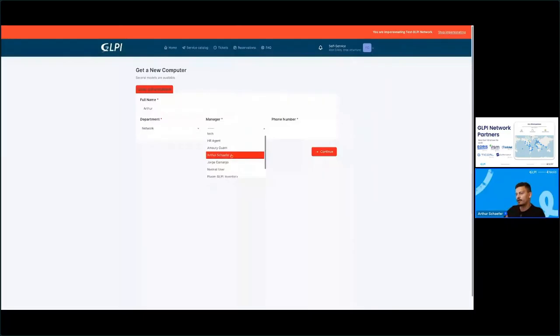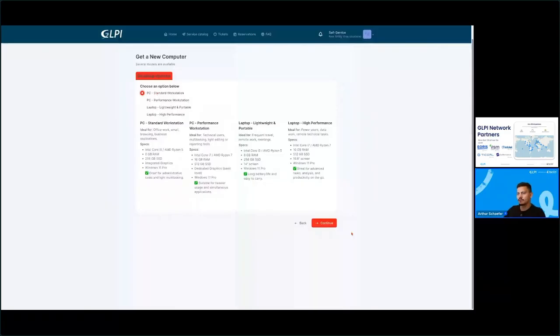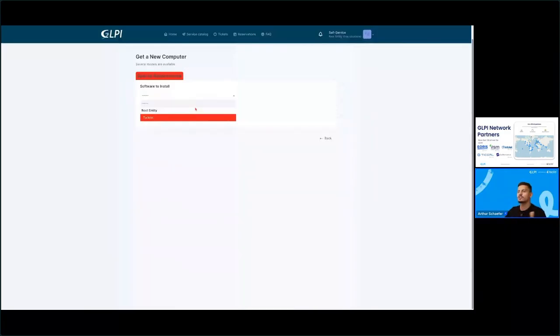I can have a regular expression here if I want. I will show you after we deal with this. I will continue. I can choose the kind of PC that I want. I will hit continue, and I can choose the software to install. In this case, I have just one software available for this user to be installed. They are being taken from my software catalog. Let's say I've made an inventory and I've made available some of the software from my inventory that can be installed for this user. Since the other field is not filled, I can't submit this ticket. So I've made it obligatory to add something here. Nothing more, now I can submit my ticket to,